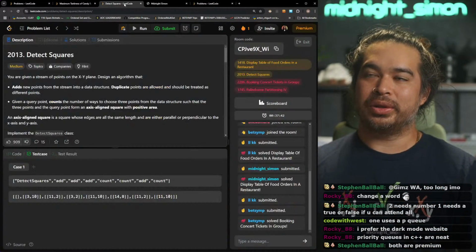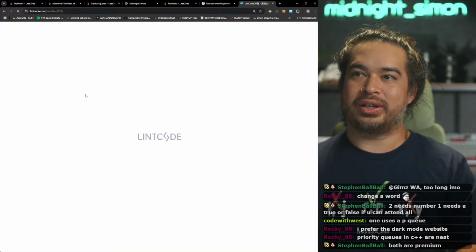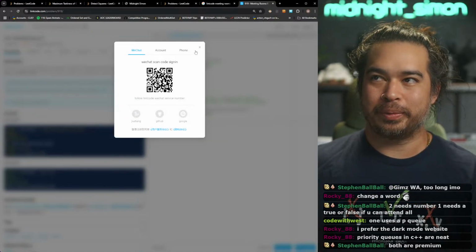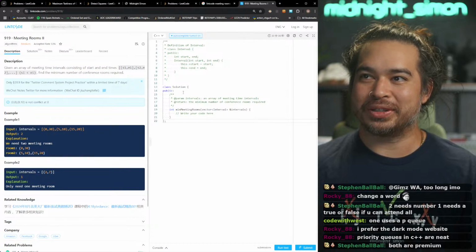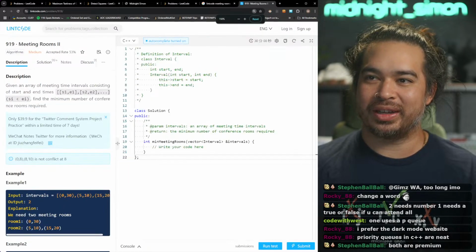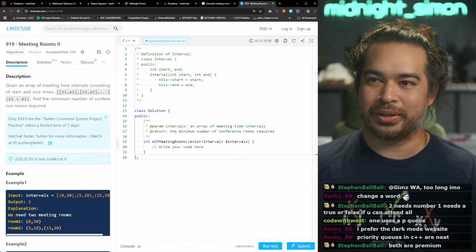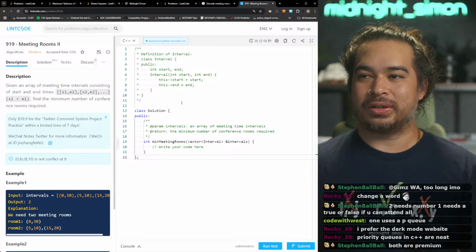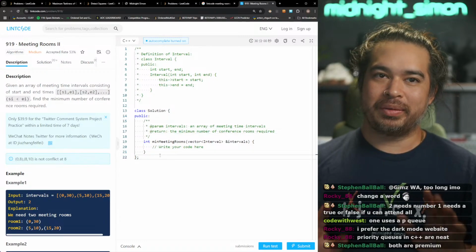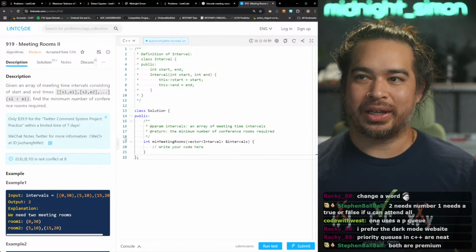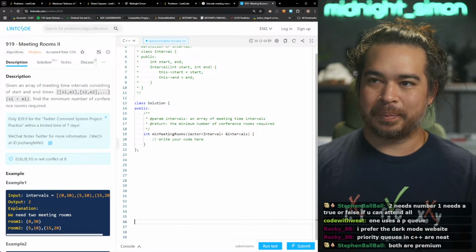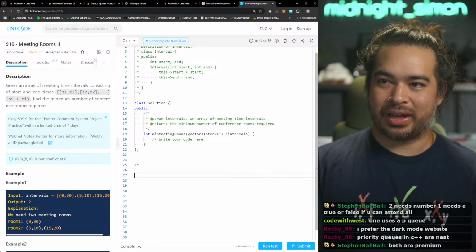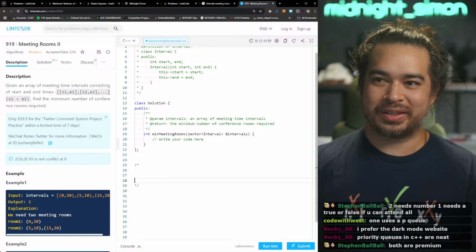Alright, I'll do it real quick, Steven Sagiball. I'll do it on LeetCode since I don't have premium. This is just for you, man. So I'm doing it in C++, but you should be able to do it in JavaScript or whatever you want. Or maybe I don't even need to do it. I can just draw it out for you and then you can implement, because I know I've done this so many times.